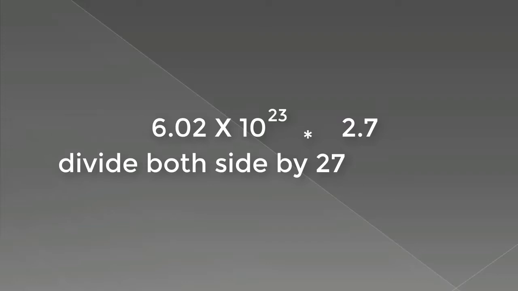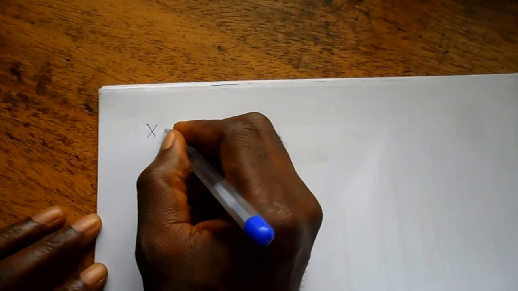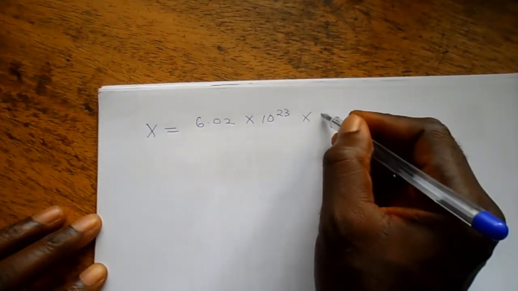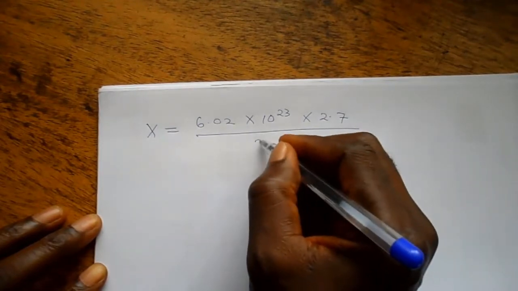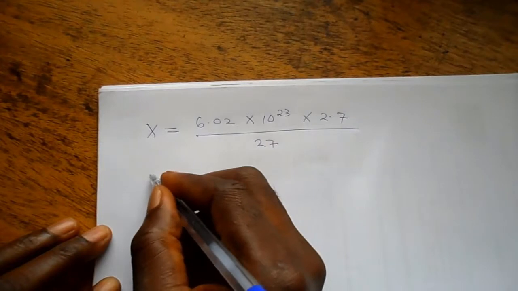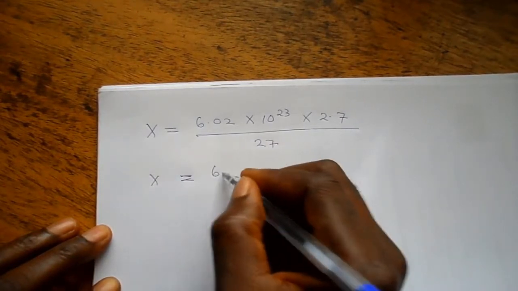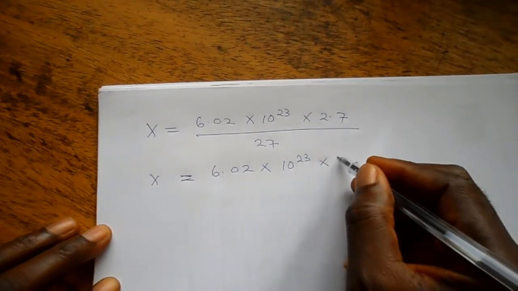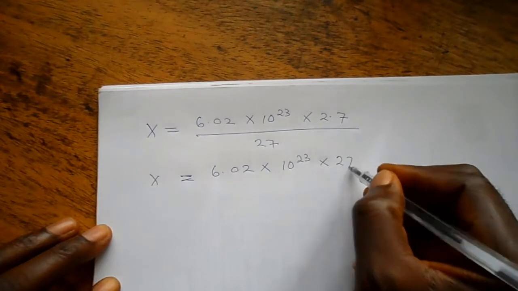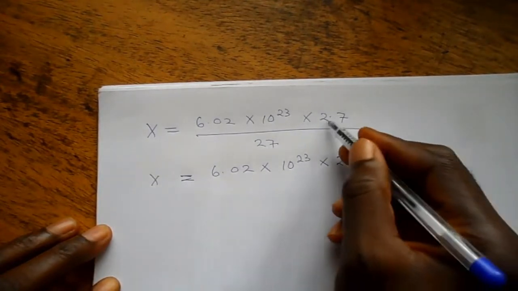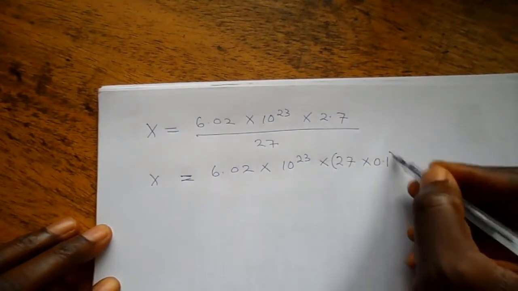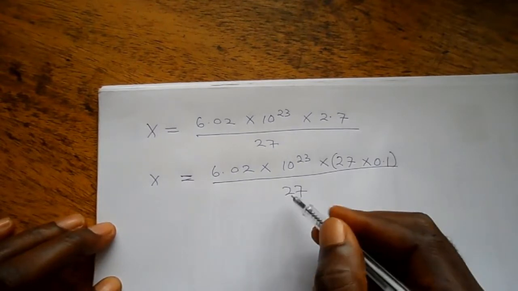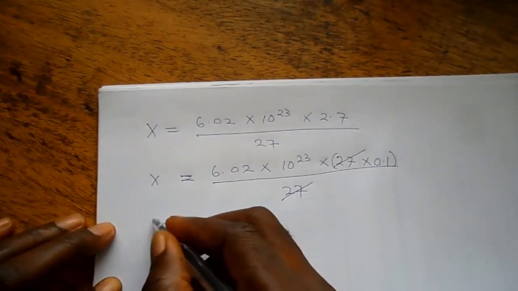Alright, let's solve this mathematics now and get the final answer. From the last expression we had, x is therefore equal to 6.02 times 10 raised to power 23 times 2.7 all over 27. Okay, now let's break it down further. x is equal to 6.02 times 10 raised to power 23 times, instead of writing 2.7 here, we'll write 27 times 0.1. 2.7 is the same as writing 27 times 0.1. You can bracket it if you want, and you divide everything by 27. Now what we're going to do is to cancel this 27. We cancel 27, and then you have x is equal to